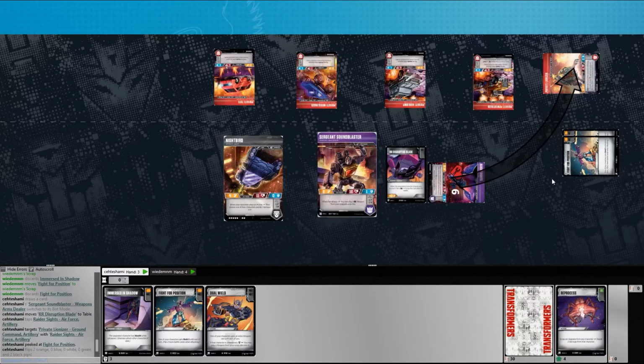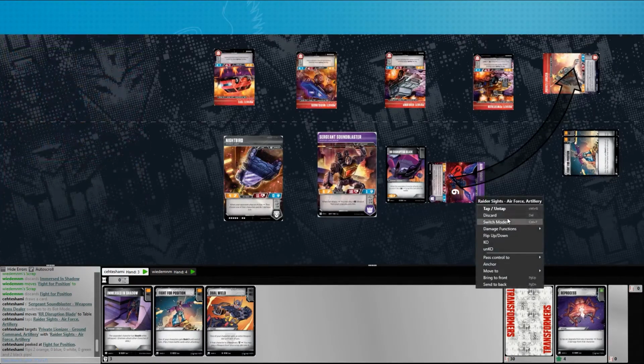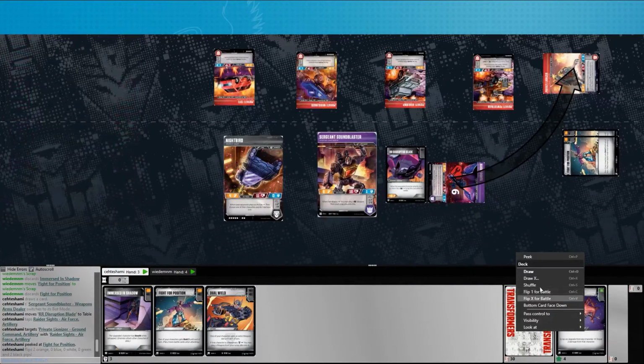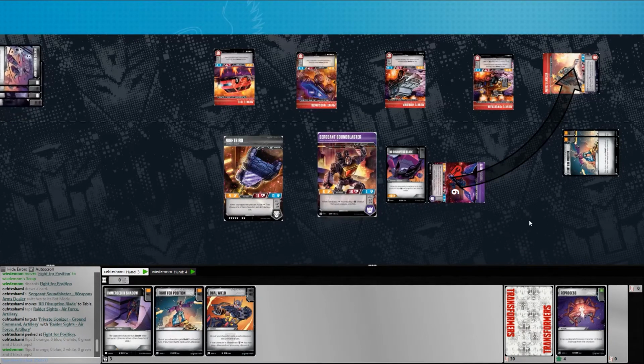Sorry. What do I need to do to flip for battle? Right-click the deck and flip X for battle. Yep. No, just 2. I don't know why flip 1 for battle is the default option. I would imagine that just should be 2, but...